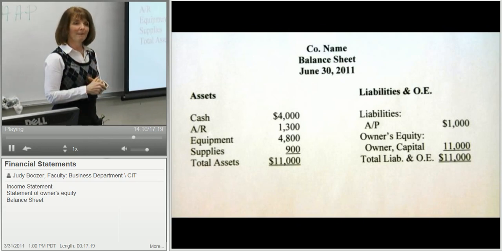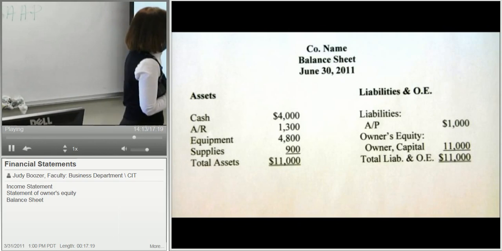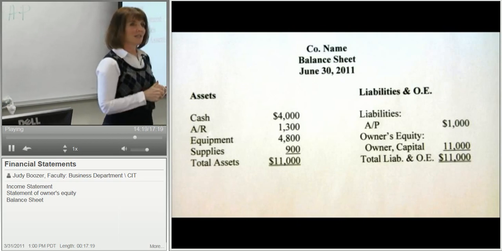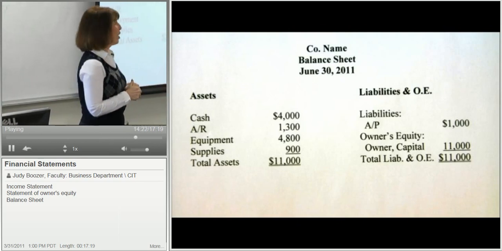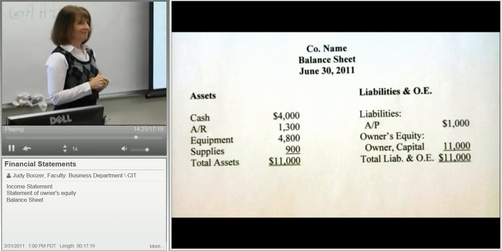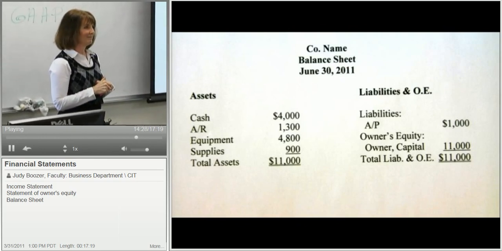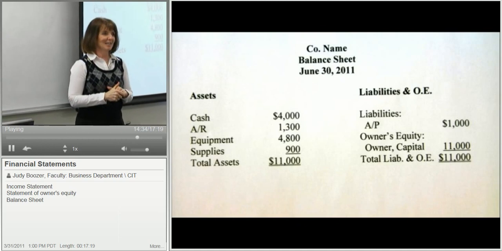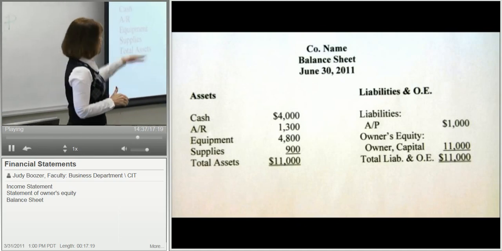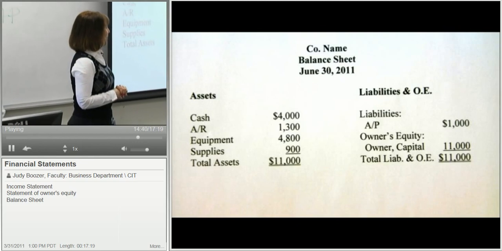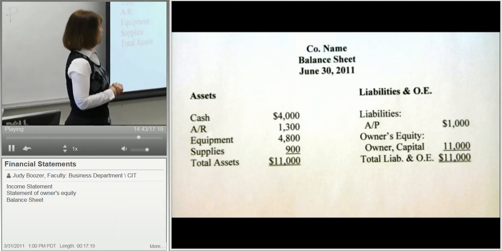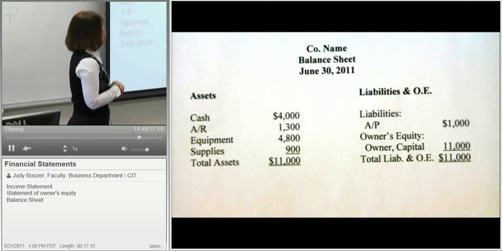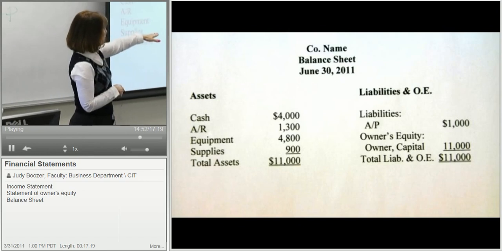Question? It doesn't look like it balances. Accounts payable is 1,000 and owner's equity is 11,000. Wouldn't the result be 12 grand? It isn't in balance, is it? So what's wrong here? Over here on the right, they're supposed to balance, correct? So do they balance? No, because what is 1,000 in liability and 11,000 in capital? 12,000. So that total liability and owner's equity showing there is